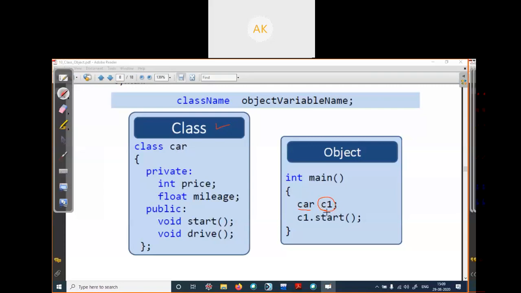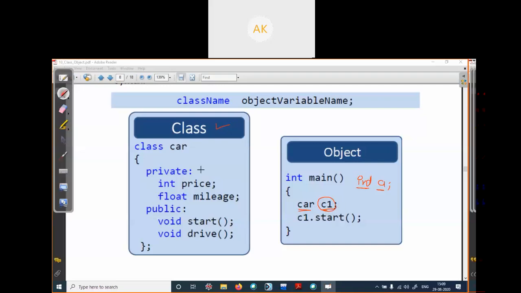So your object c1 is created; c1 is your object, car is a class. It is the same way as you write int a: a is your variable name and the type is integer. Here c1 is your object and the type is car. This is a simple way to declare an object: class name, followed by object name and semicolon.